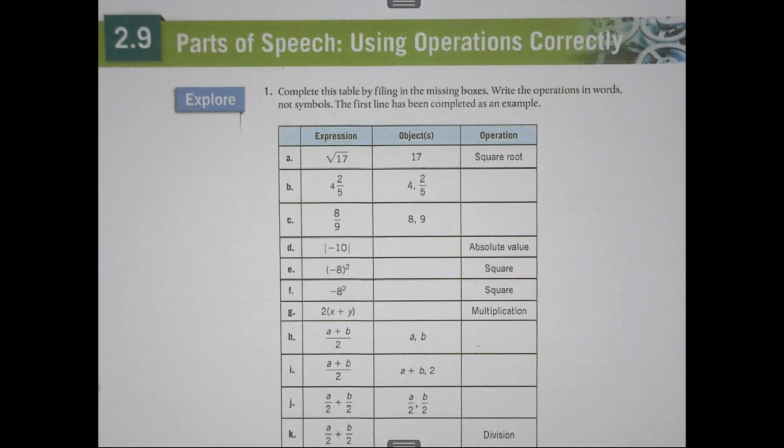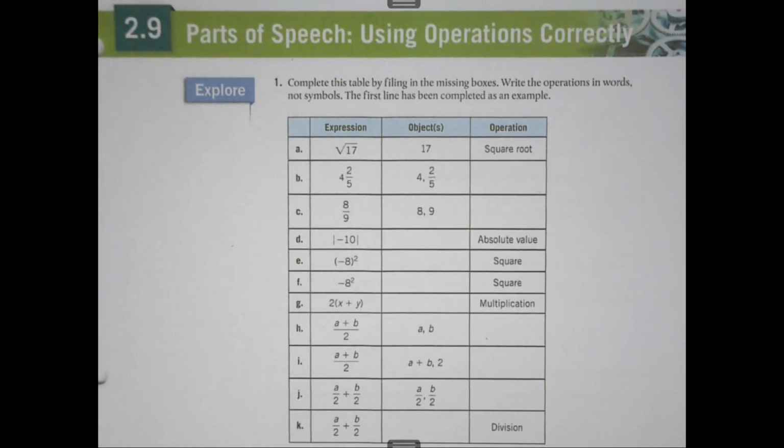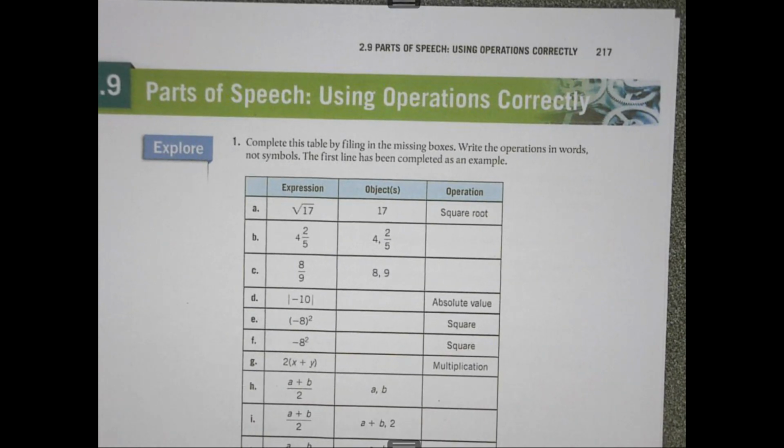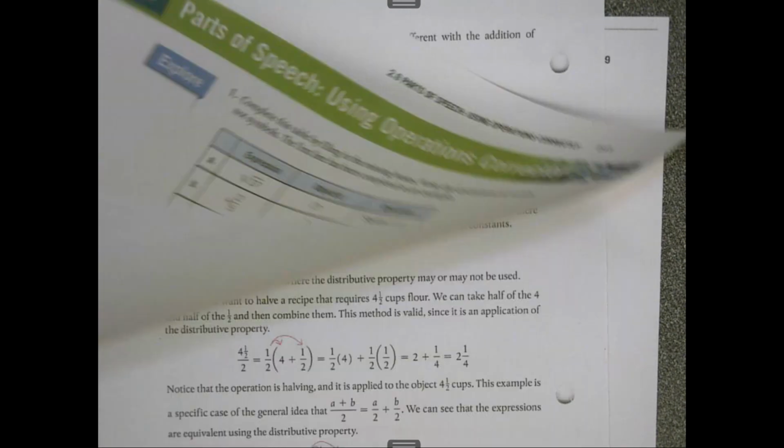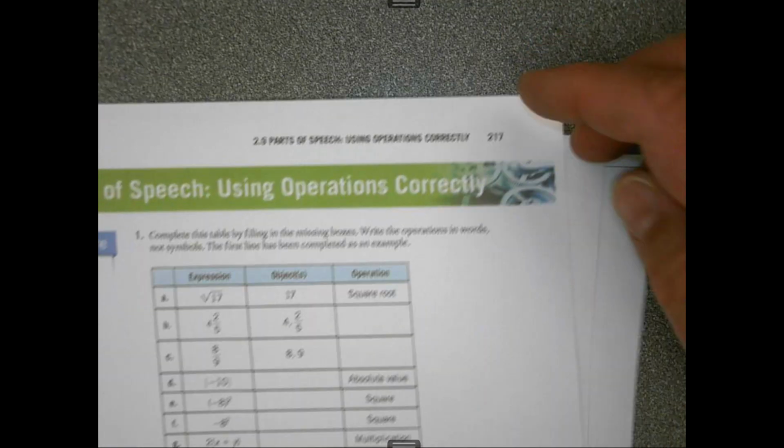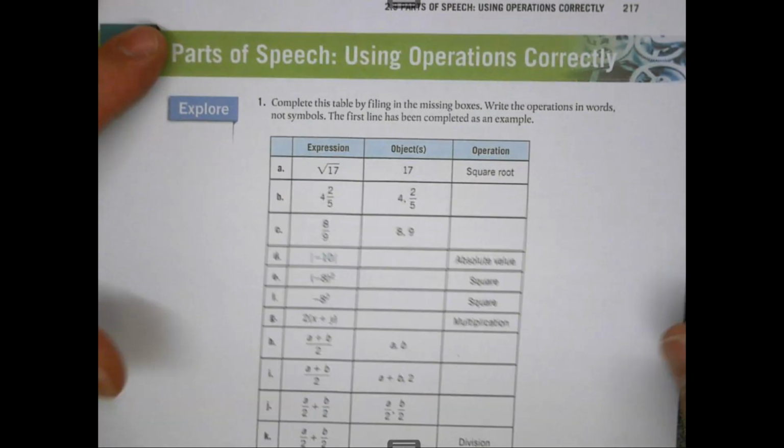Okay, 2.9. This is actually a good section. This is the New Year little vacation break because this is really kind of an easy section. It's all about order of operations again, and most of this section tells us about the common mistakes